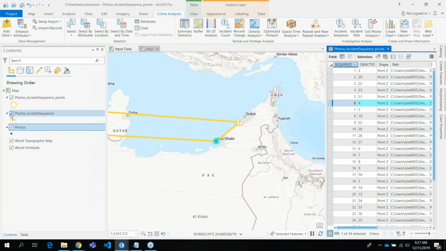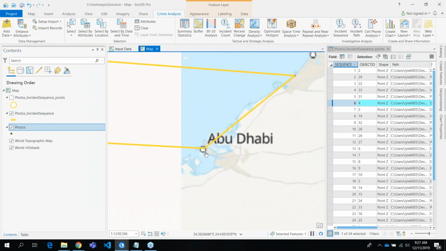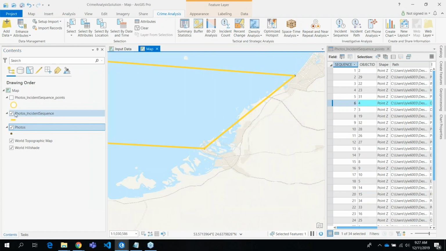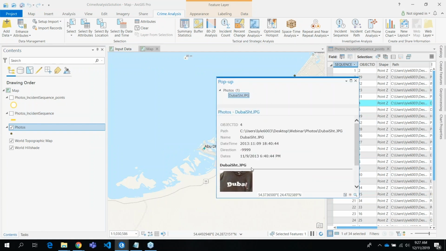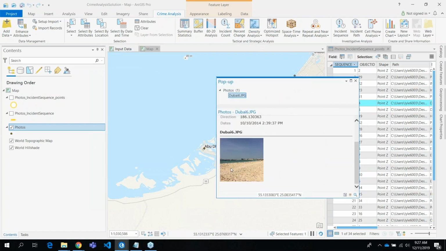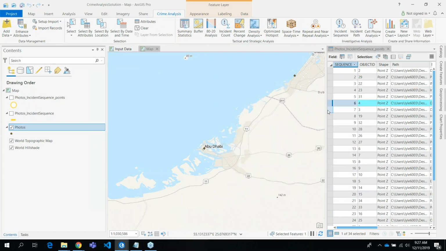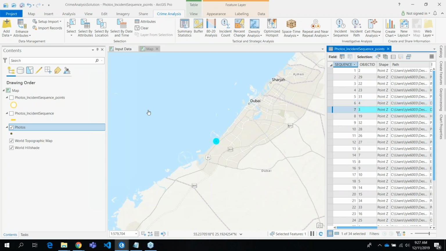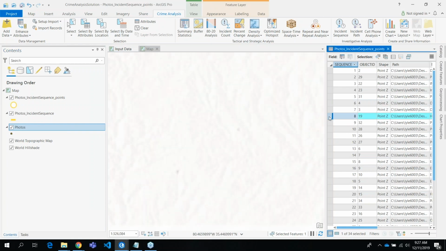And if I want to look at that actual location, I can just turn this off. Let's just zoom to that location for the photo. Let's see where he is. And there's that, he was in Dubai. I guess he took a photo of a shirt, and then here he took a photo of a beach. So what this tool allows us to do is just walk through exactly where Carl was during those times for